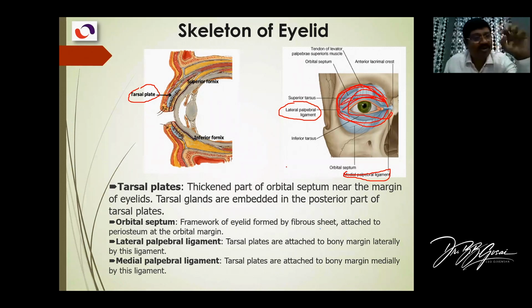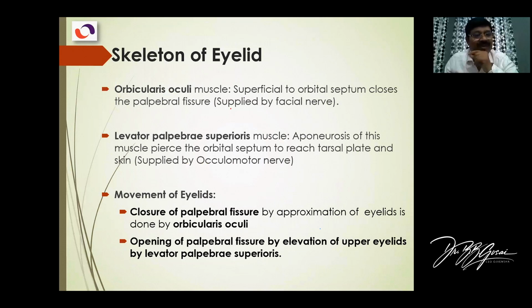The orbicularis oculi has three parts, but for you just to know, the big one is the orbital part. When you look at a bright light and you screw the eye towards the medial side, or tightly close the eye, that is the orbital part of the orbicularis oculi. And when you gently close the eyelid, like sleeping, it is the palpebral part. So the orbital and palpebral parts have different actions. And this is the orbicularis oculi muscle which I have drawn here. The job of this muscle is to close the palpebral fissure. The orbicularis oculi is supplied by the facial nerve.